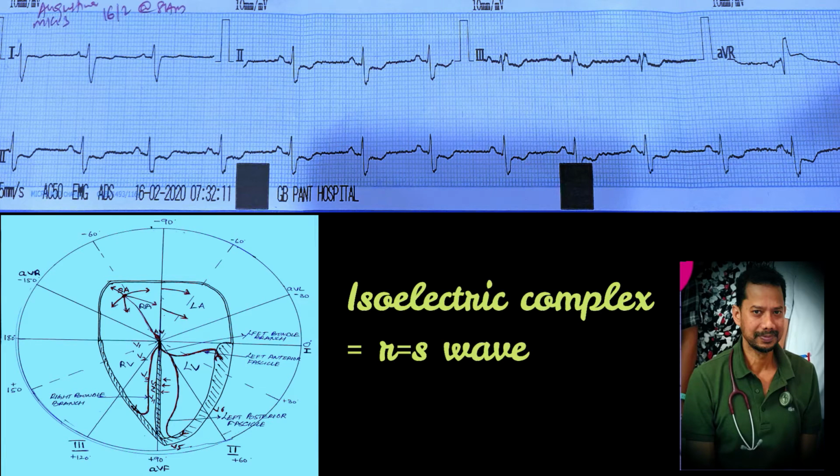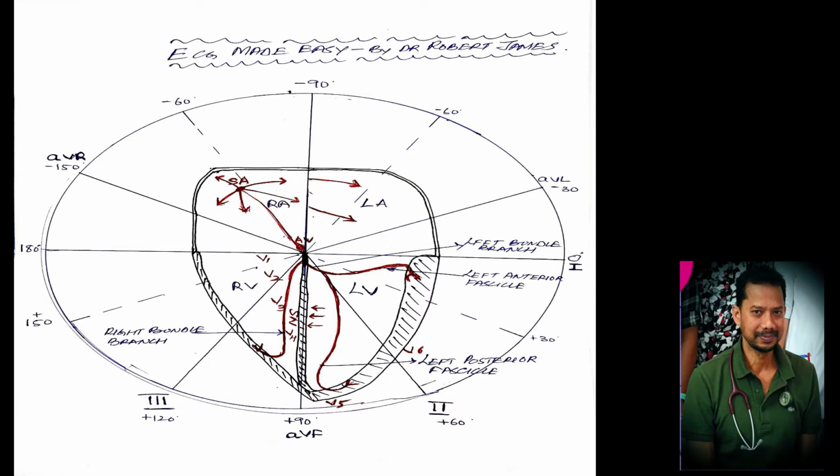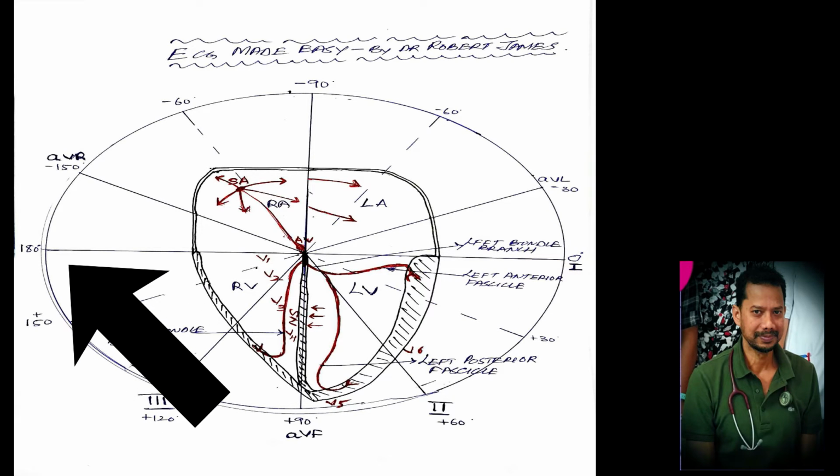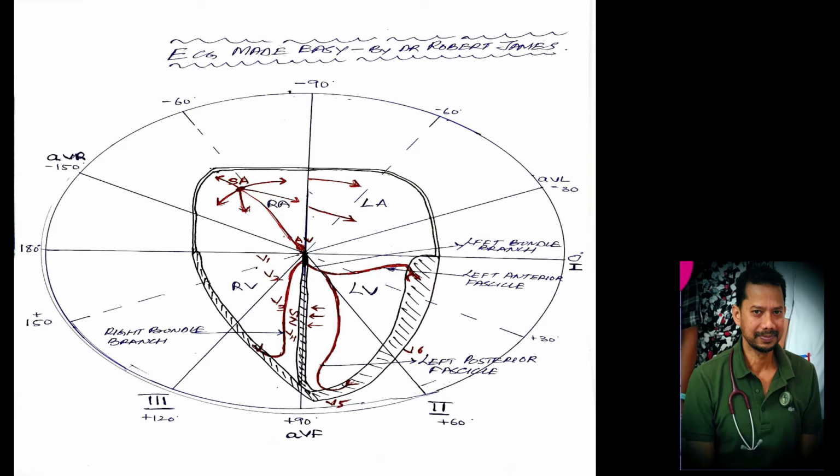So now you have to see. Now we'll look at this circle. This circle is very important. I always advise that we should plot these ECG leads on this circle, and at least 100 ECGs you should interpret looking at this circle in your mind. Now you plot lead 1. Lead 1 is negative. This is the positive pole of lead 1. This is the negative pole of lead 1, 0 and 180 degrees. So lead 1 we will place on 180 degrees at this point in the circle.